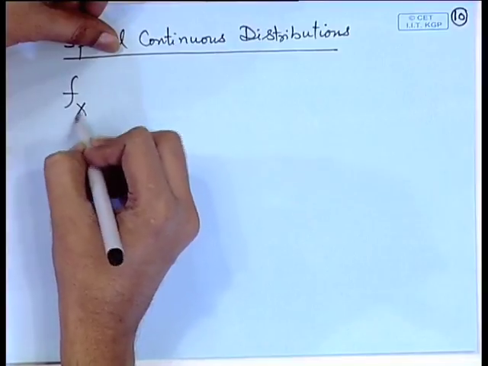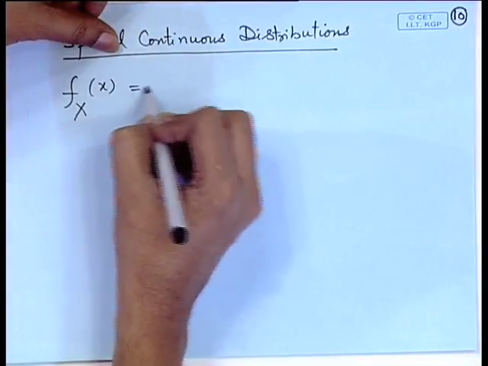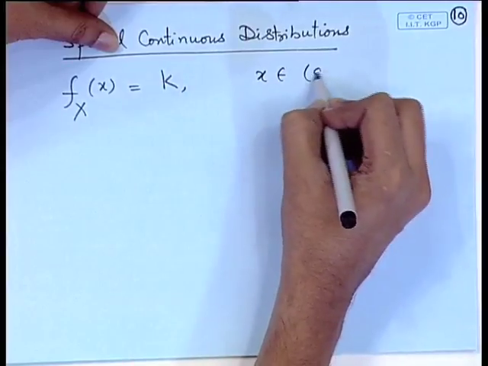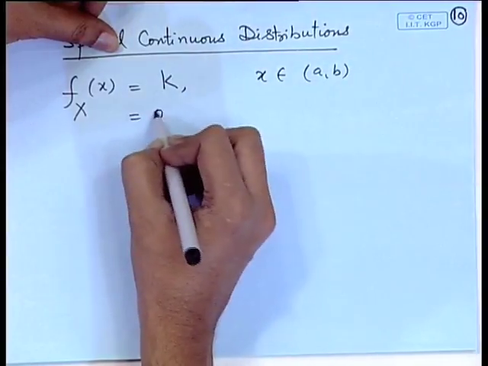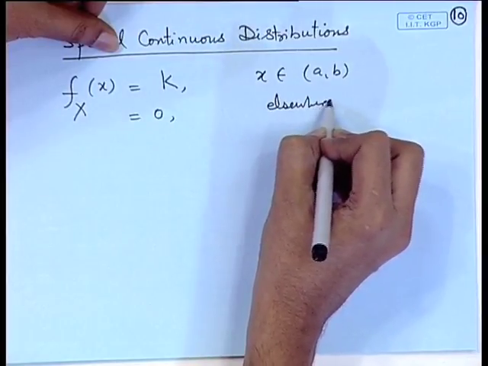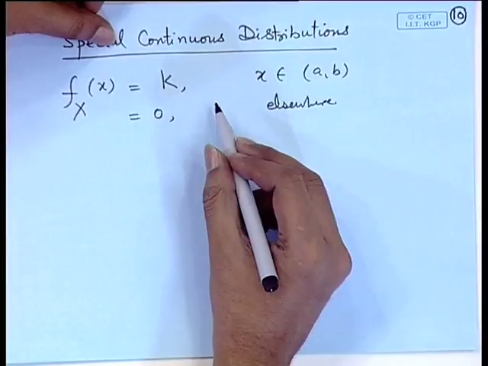So, if we consider this portion of the pen, then in this portion the density, the thickness or the width is constant. So, if the density is a constant over a certain interval, say a to b, and 0 elsewhere,